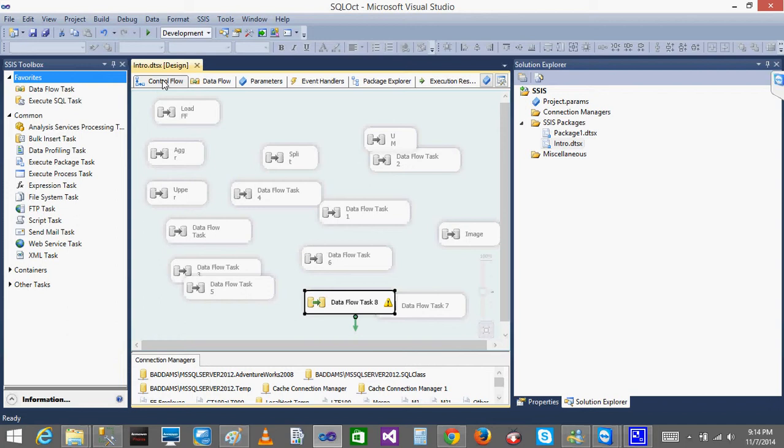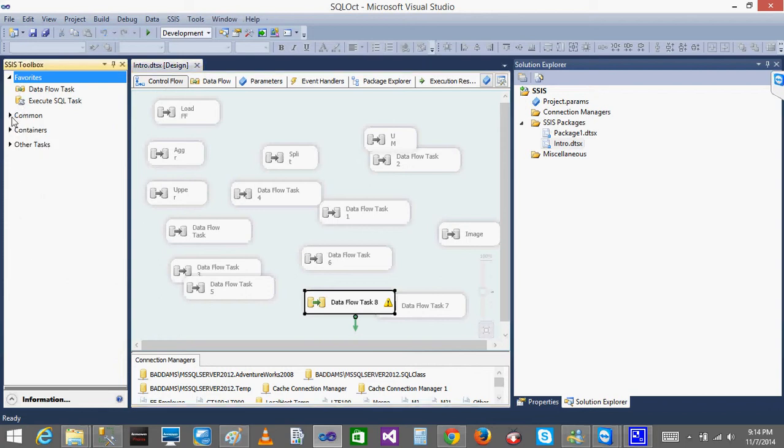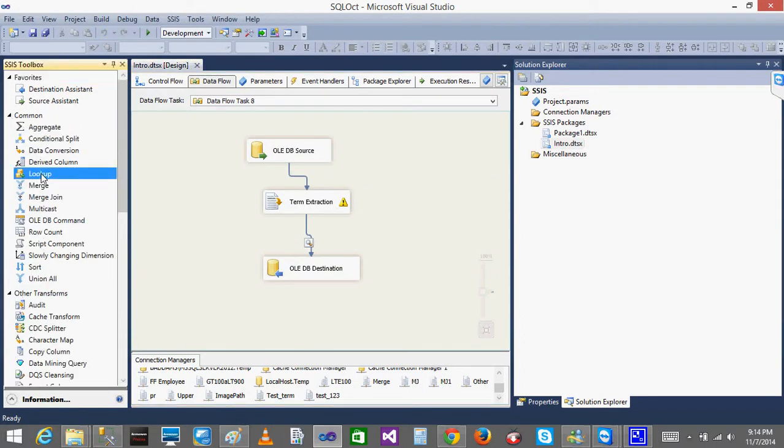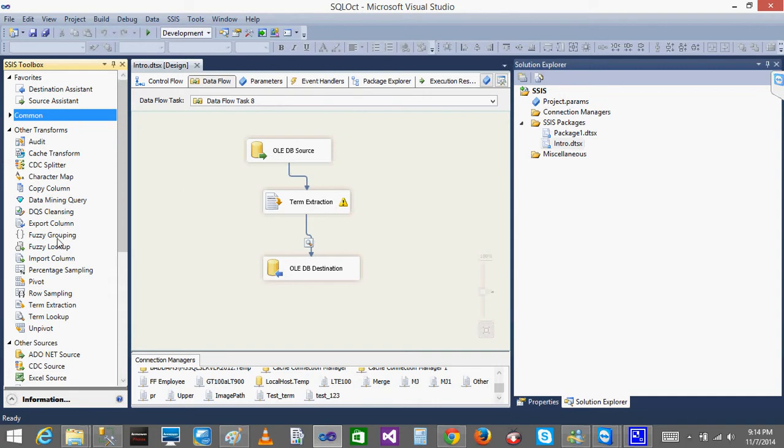There are a couple of things that you have as lookup. Normally in the transformations, you can see one transformation called lookup. There also you are referencing a table for the lookup, creating your own table for doing a lookup. And one more thing you can see is called fuzzy lookup. Here also you will be looking up a table. In term lookup too, whenever you use it, you are referencing some table for the lookup purpose.